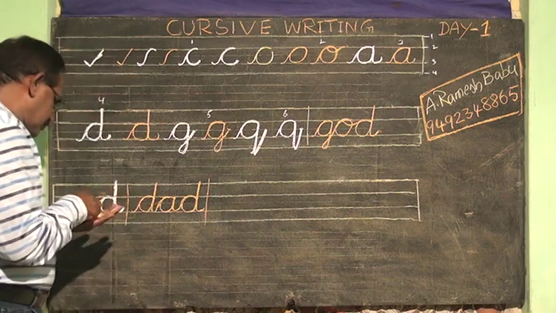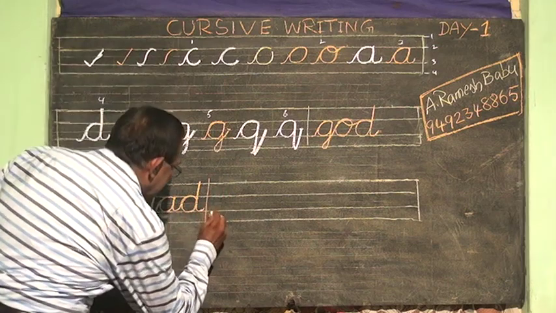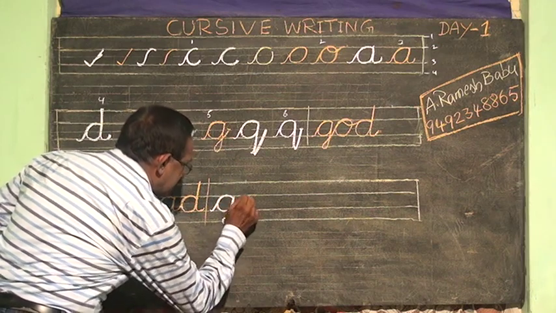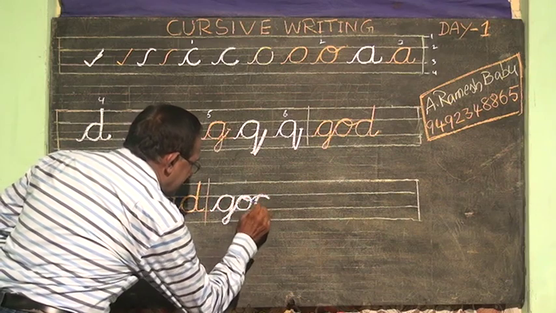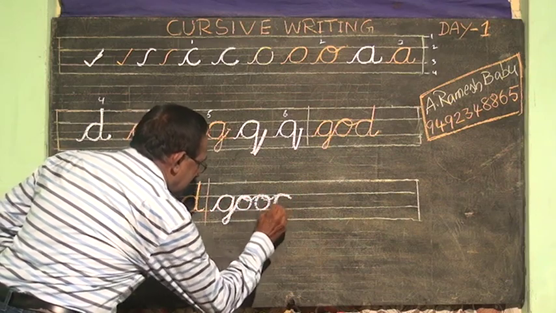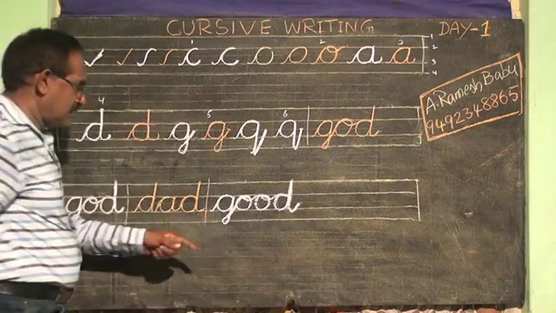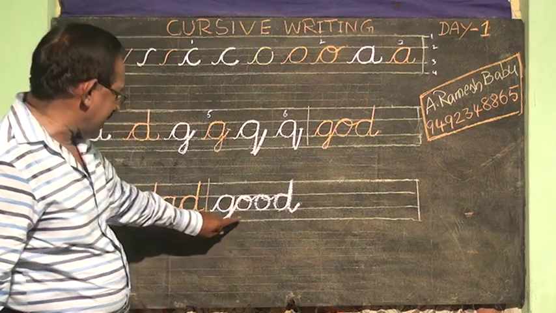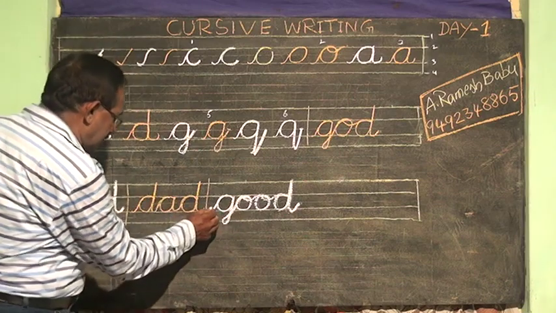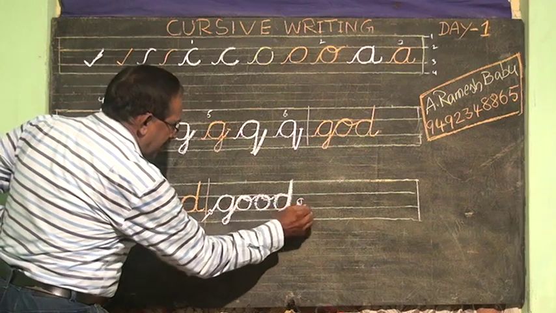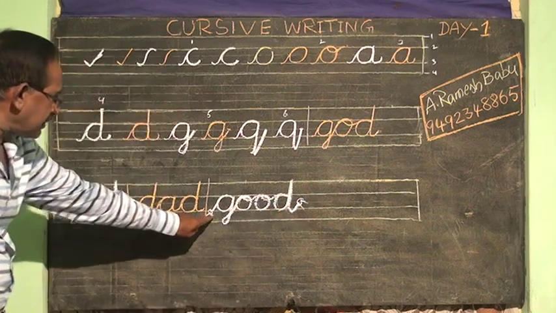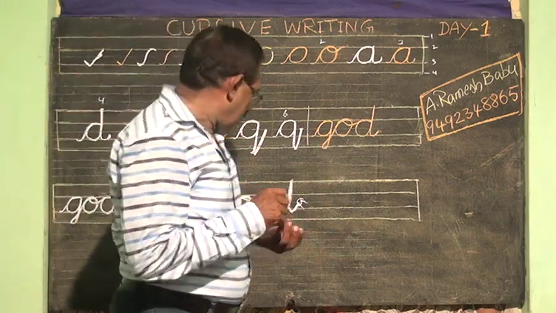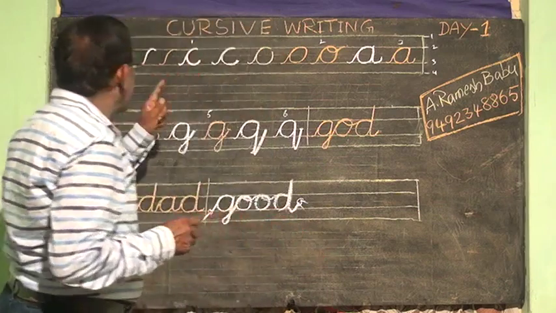Now after that one, good. Write down that, good. How should you write good here? Good. G. Write down O like this way, and the second O like this way. You should not lift your pencil or pen, without lifting your pen or pencil like this way. You start here, this is the starting point, and this one is the ending point. You have to write like this way. Good.